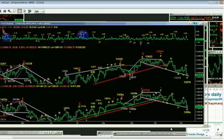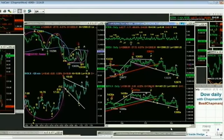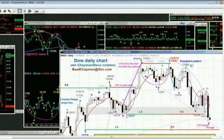By any other level of measuring, the market is oversold. Technically, it should bounce. If it cannot use that spark to ignite a rally, it's like wheel slipping. It's like starting your car, like the snow we have and the ice out there. The wheels spin. You put the gas, the revs say 3,000, 4,000, 5,000, and you're going nowhere. That's basically what will happen. That'll be very negative. It'll say, we will slide down, not we. The Dow will slide down to the 12,778 level really quickly if it can't have at least a decent bounce